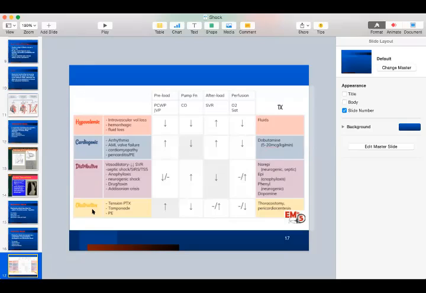Obstructive, in which, like we discussed just recently, we have the tension pneumothorax, tamponade, and pulmonary embolism, in which we have an increase in preload, decrease in cardiac output, and a change in systemic vascular resistance, not so drastically, which could also be a decrease, but mainly slightly towards an increase, along with a decrease in oxygen saturation. For this, we have to do a thoracostomy if it's tension pneumothorax, or a pericardiocentesis if it's a tamponade.